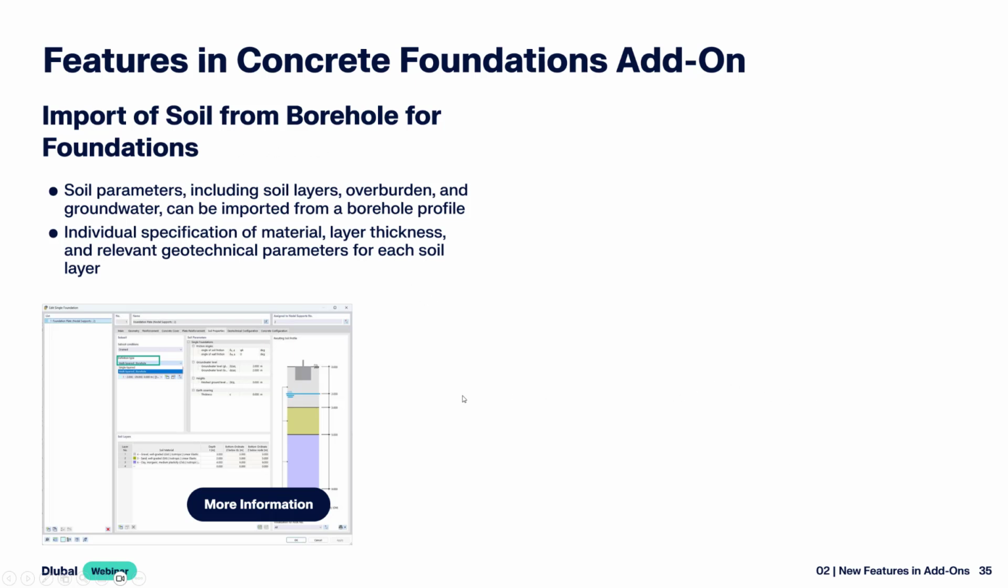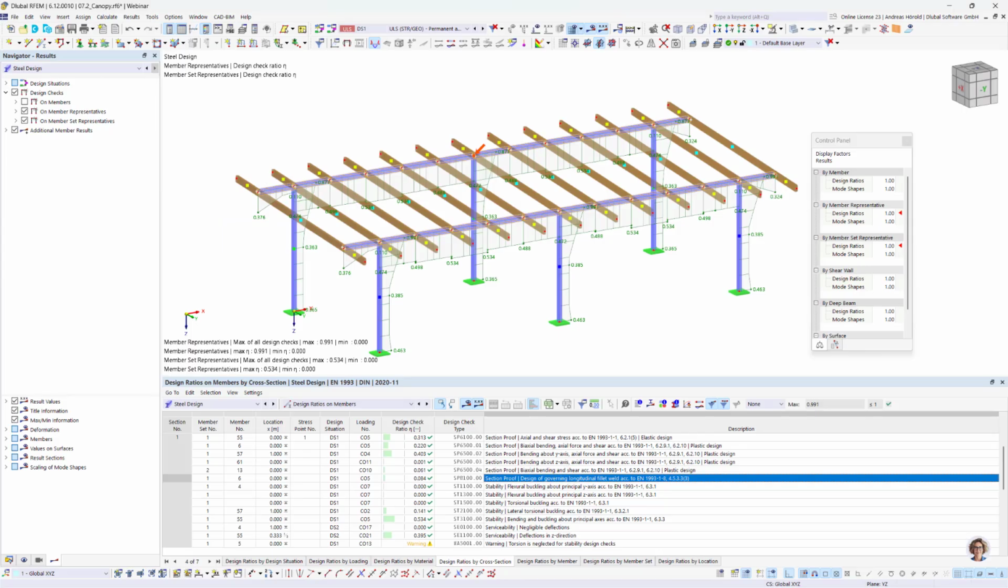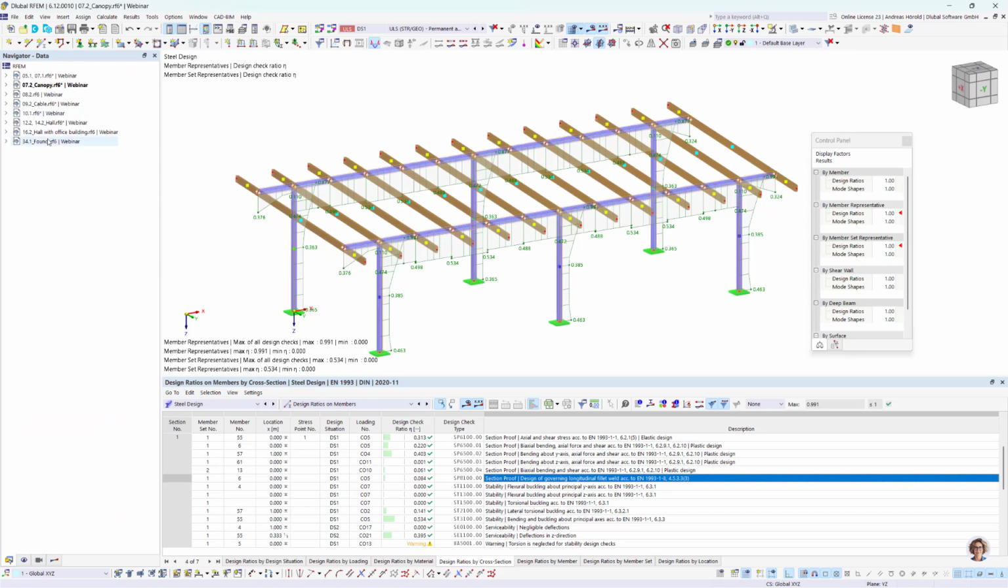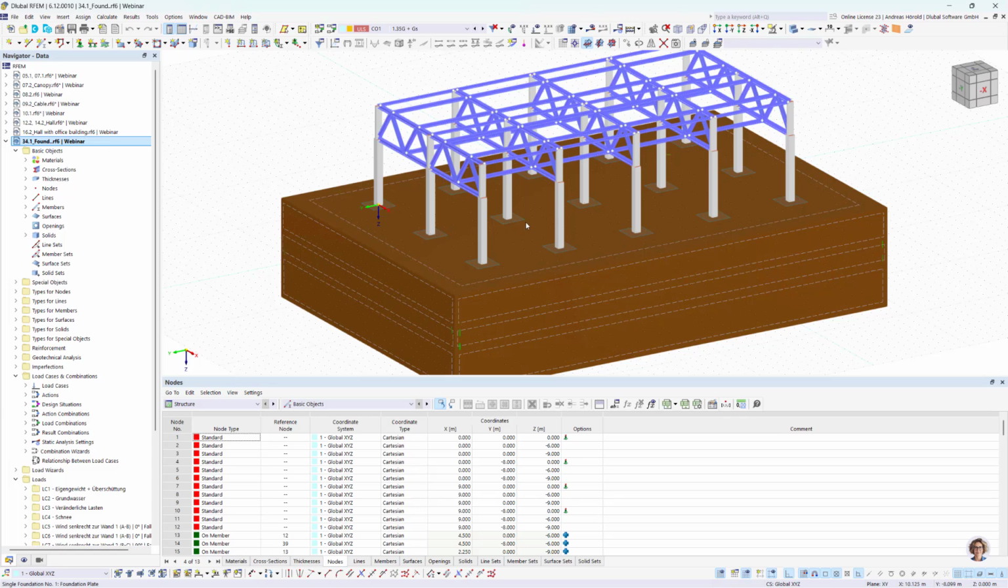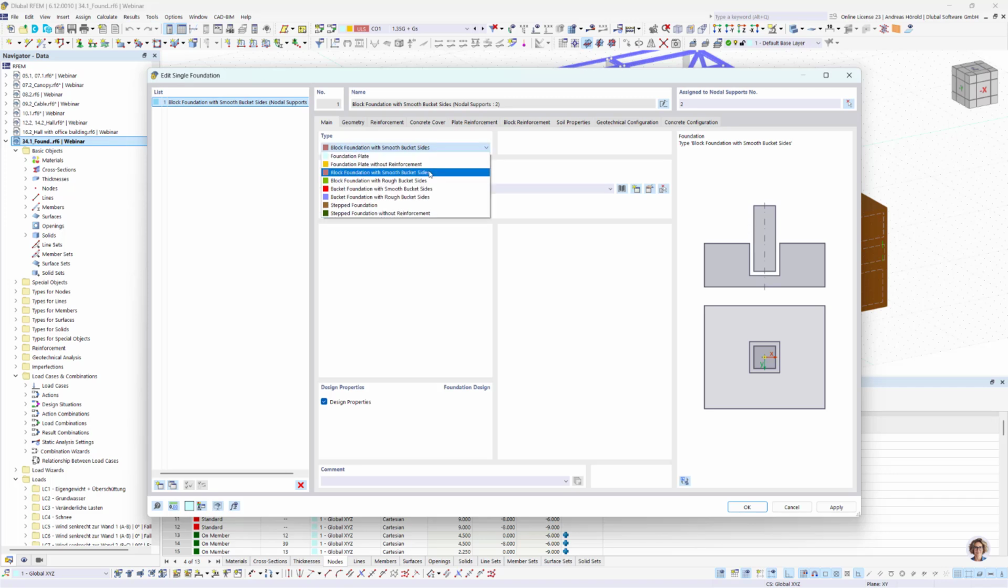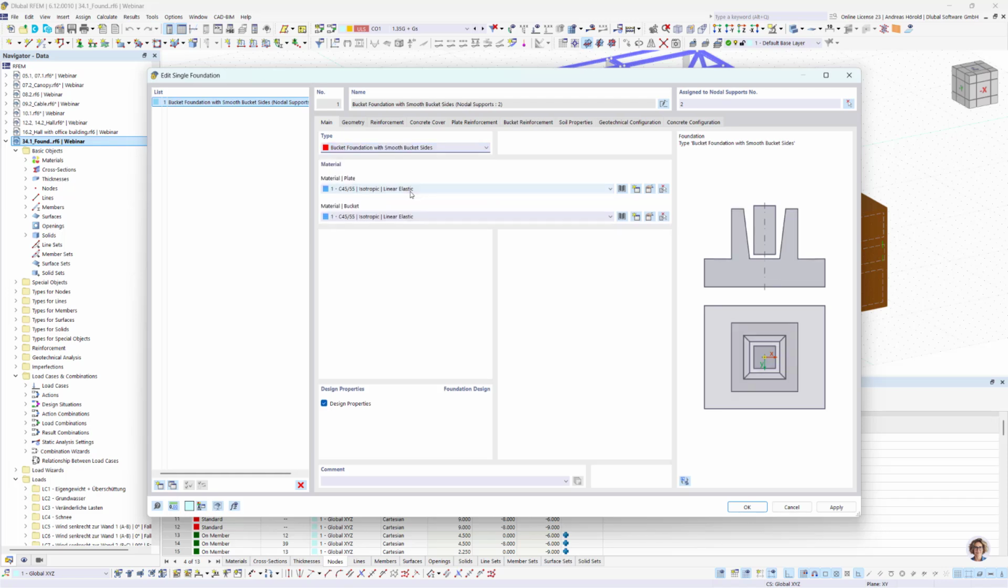I will show you these three features in the program. So that's the latest model for today. I click on one foundation here. There are the different types here. Foundation plate, then without reinforcement, then the block foundation with smooth bucket sides or rough bucket sides, and quite new is the bucket foundation with smooth bucket sides